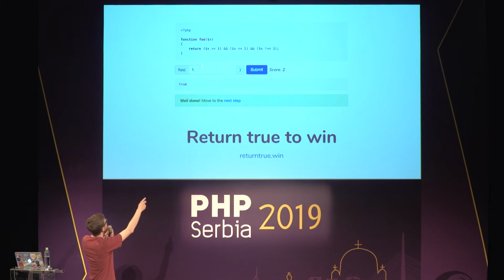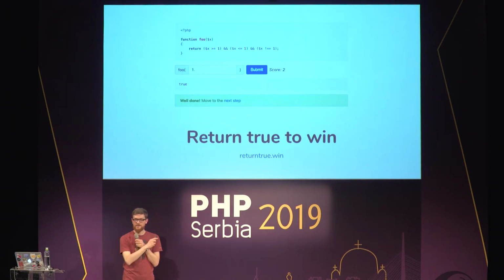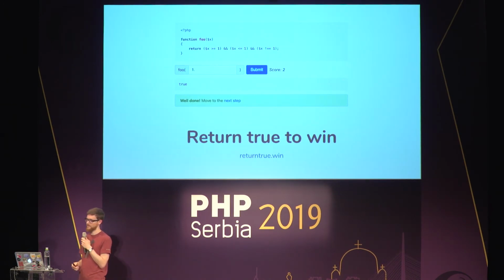So here, I want something that is greater than 1, lower than 1, but not 1. Those are actually comparisons that are not strict, but this one is strict. So if I pass in a float instead of an integer, then it works. You have many levels like this. Go have fun and try to solve them.